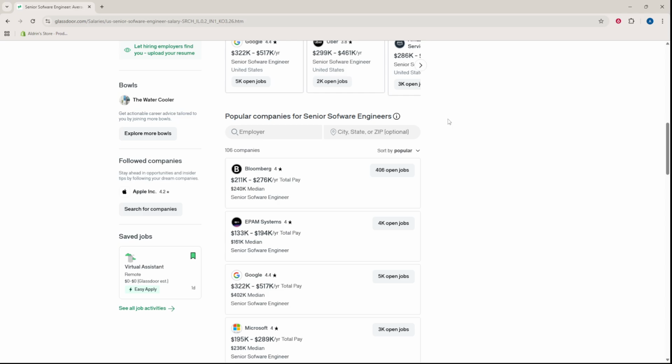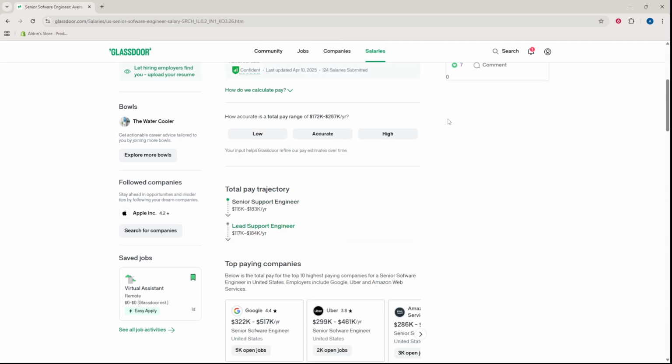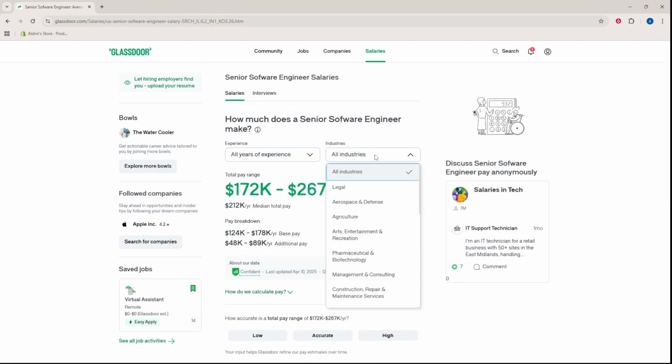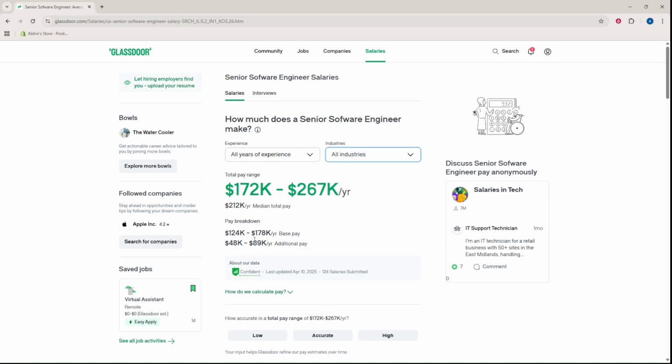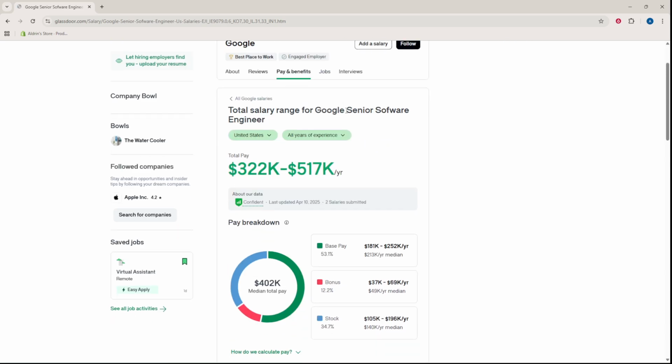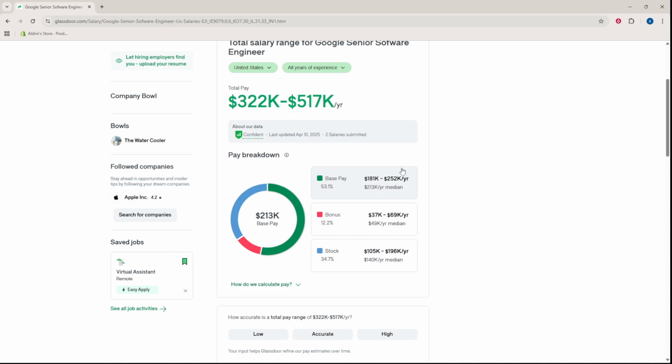To refine your results, use the filters for years of experience. Adjusting for entry-level, mid-level, or senior roles will give you a tighter and more realistic range. If you want to go deeper on a specific employer, visit that company's profile and select the Pay and Benefits tab. There, you'll find employee-submitted data tailored to that organization, which is great for understanding how pay and perks compare